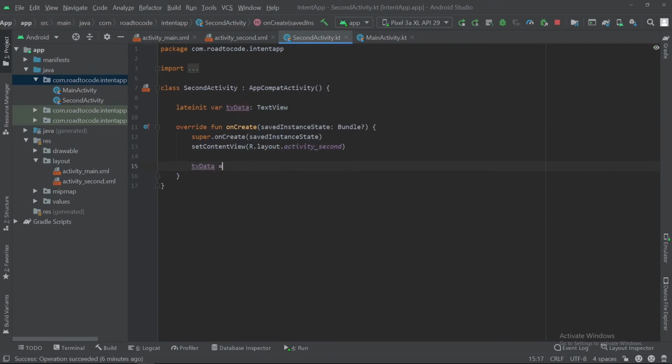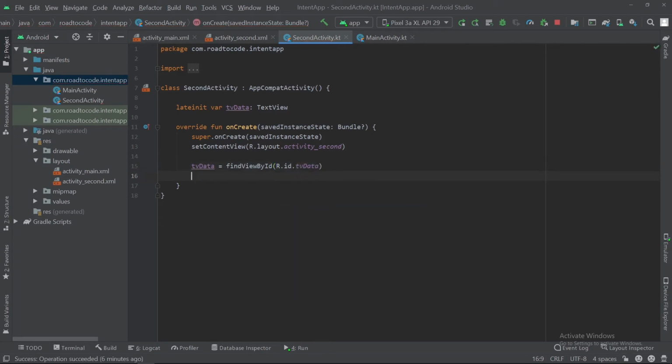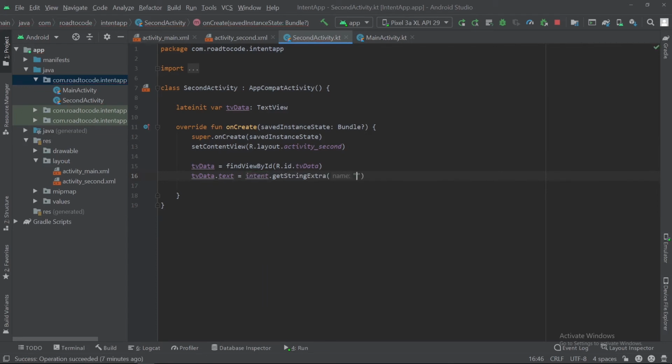I think this is quite interesting stuff for the beginners. tv, and yeah, I am here binding tv data equals to find view by id r dot id dot tv data. It is the id of that text view, and we will set the data to this text view. Okay, how? tv dot text equals to intent dot get string extra, yeah.